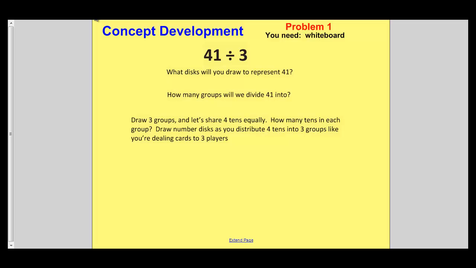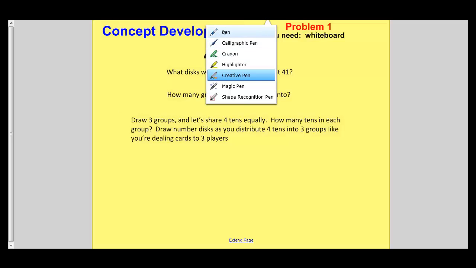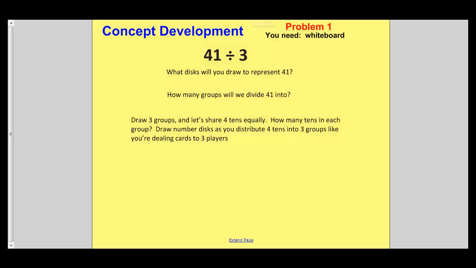Okay, so our first problem today, I want you to write in your math journal 41 divided by 3, and I want you to go ahead and draw a place value chart. That's going to be our model whenever we're working with division. We've been using place value charts to model instead of tape diagrams. So draw a place value chart, and show 41 in place value disks, and then show me what it looks like to divide that by 3. So you're going to have tens and ones,